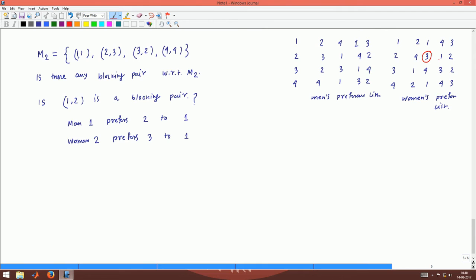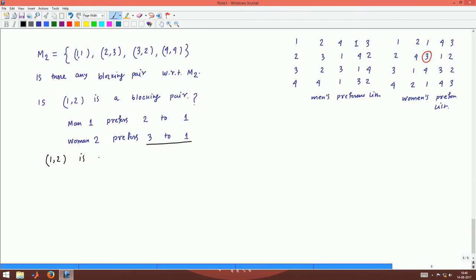So the other part is not true, that woman 2 prefers 1 to her matched partner, that is not true. That is why (1, 2)